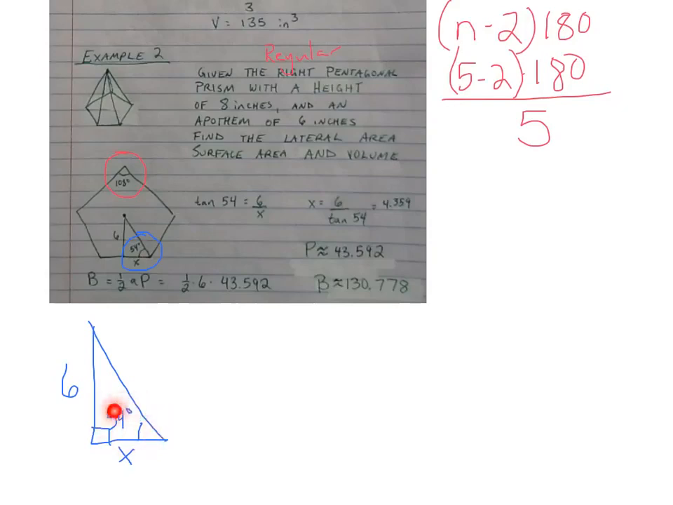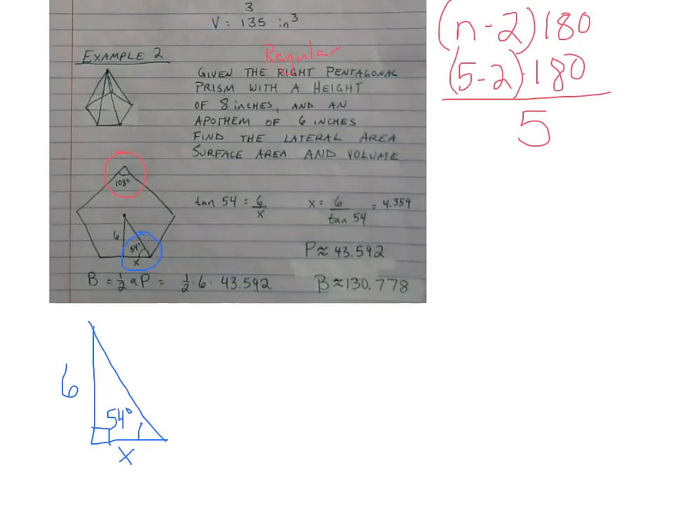Tangent of 54 is opposite over adjacent. That gives us an x value of approximately 4.359. And if that happens 10 times around the perimeter, we know our perimeter is 43.592